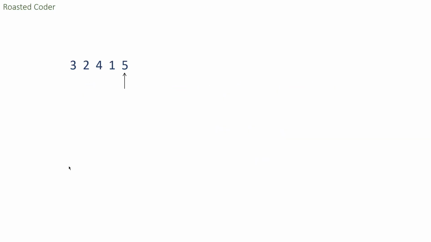Let's maximize this index. In the first step we subtract 2 from here and add 1 to this number. So the array will be 1 3 4 1 5, and in the next step we subtract 2 from here and add 1 to this index, so it will become 5.